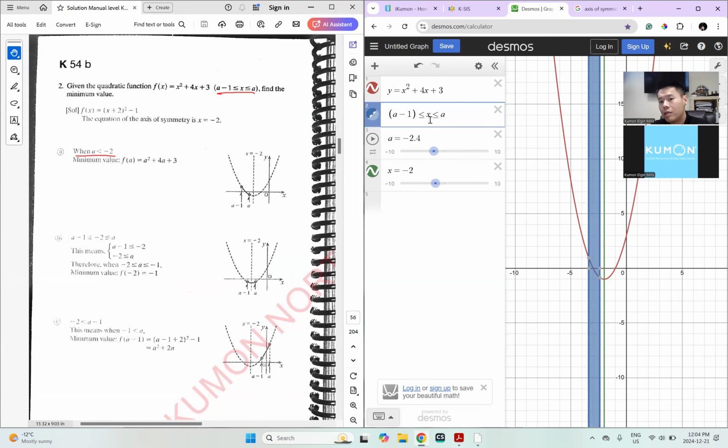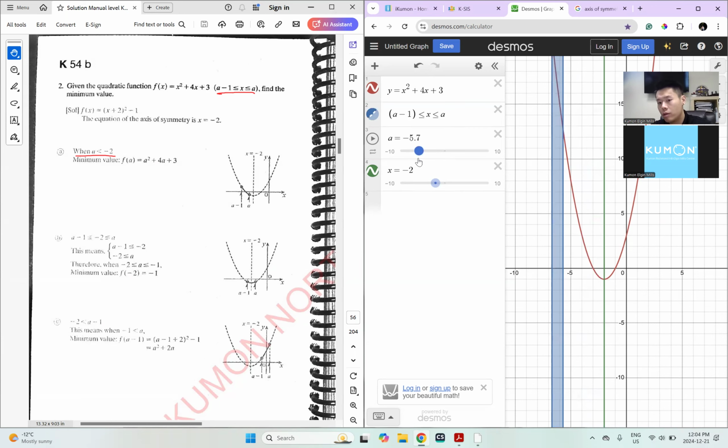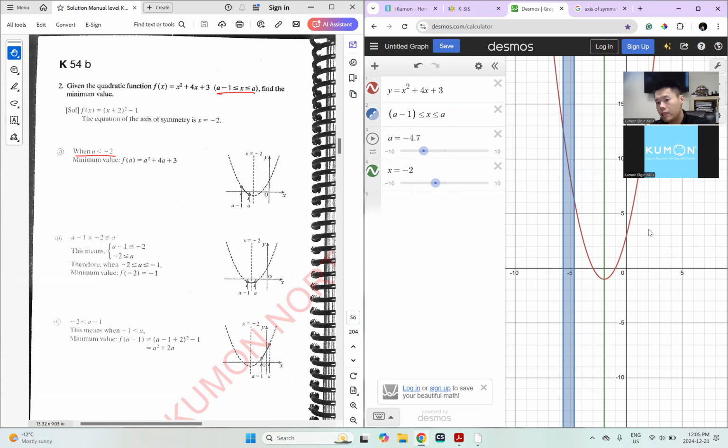Because x is in between a minus 1 and a. In this range over here, as long as my a is smaller than -2, it can be anywhere. It can be here, right? Because in this case, the a is still smaller than -2, right? And it's going to be always on the right side because of how the graph looks like,